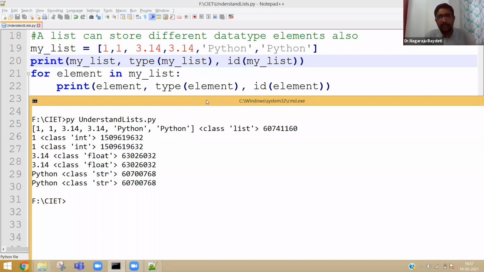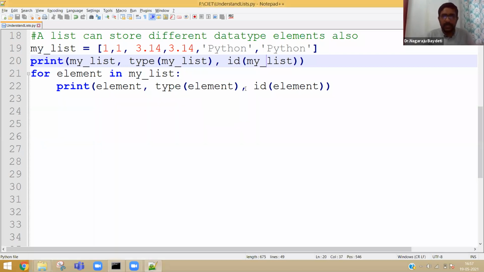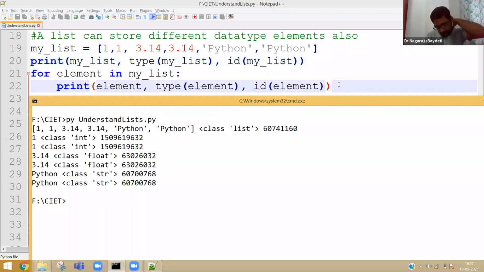So I think you guys might have understood the in-depth knowledge of how list is managed. See, I'm not telling how to find the length of a list. You can just use len and use the list, you will know the length of the list. You can know all the basic methods available in list, because our intention is something else. From tomorrow onwards, we are going to have file management, database connectivity, web application development, then image processing related packages, data science related packages, etc. How caching is done. So these first 5 days are only giving you some in-depth knowledge about the basics.